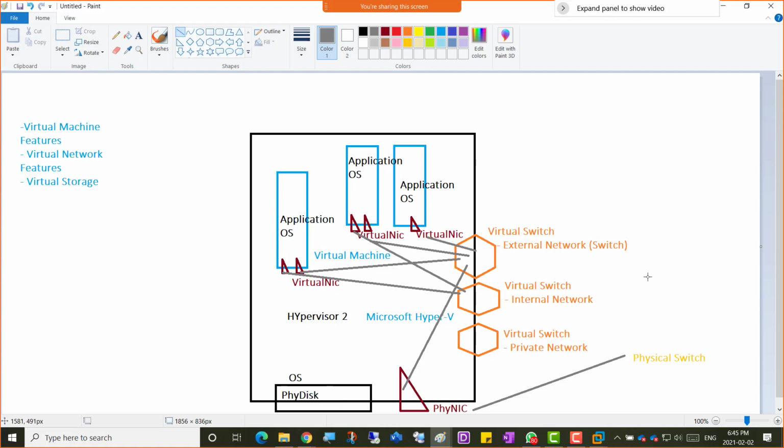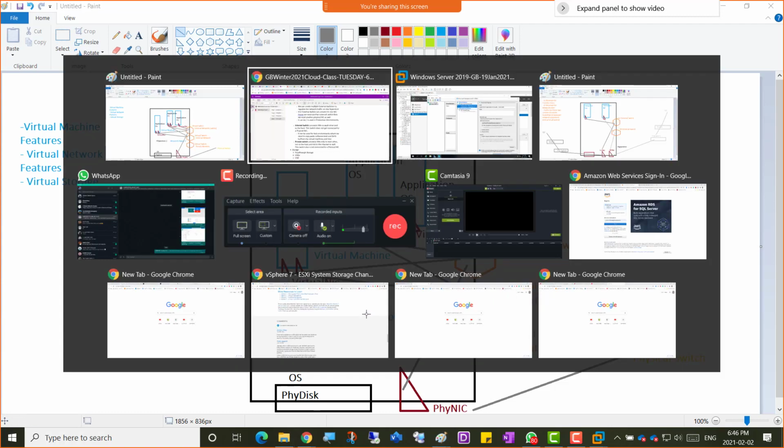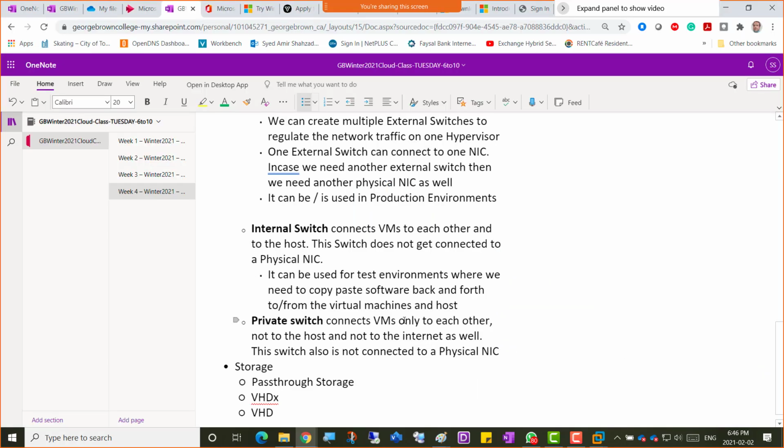But then what is the private network? So as we said, internal switch is mainly useful for copy pasting any software from host to virtual machine, and any software from virtual machine to host. But then comes the private switch, which connects VMs only to each other. That's it. Not to the host and not to the internet as well. This switch also is not connected to a physical link. So this means that